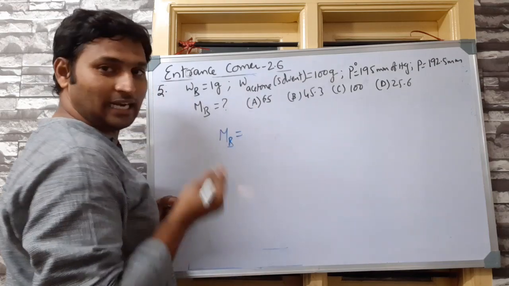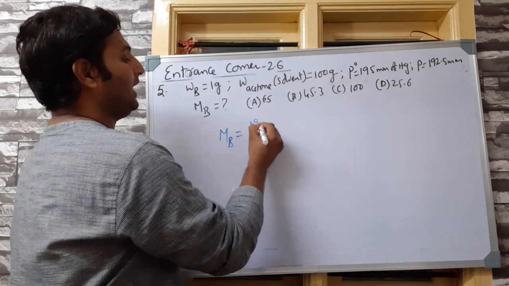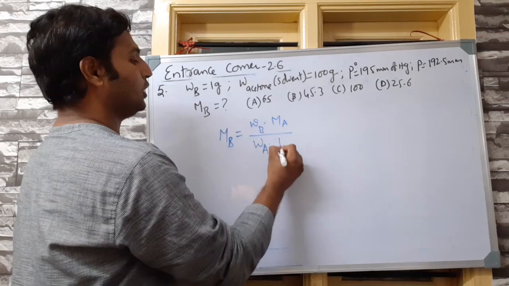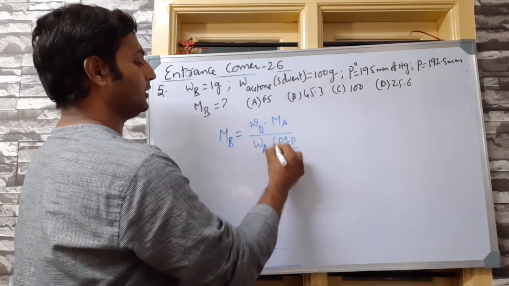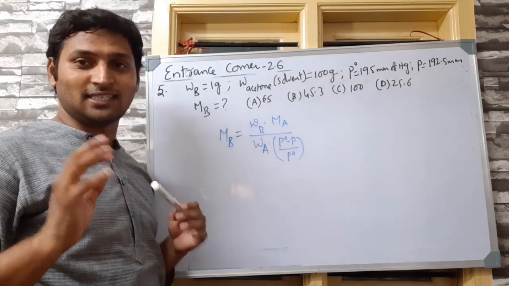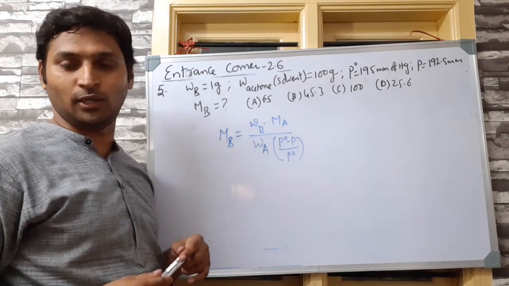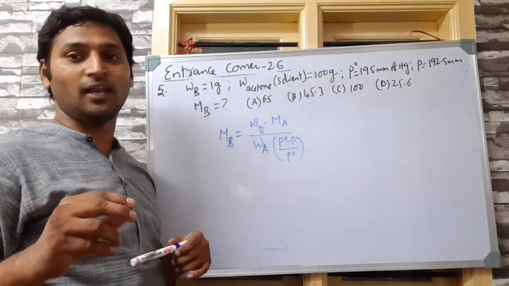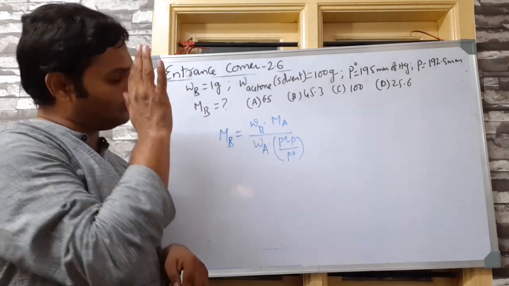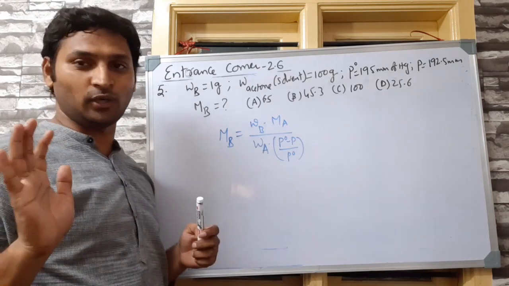So as you remember, molar mass of solute is related to relative lowering of vapor pressure as weight of solute into molar mass of solvent divided by weight of solvent into P naught minus P by P naught. Now, when it comes to your board exams, I have seen instances when we got the scanned copy of the script for revaluation. I have seen instances where children who have done in more than one steps were not given marks. That's why first write the formula and then substitute in it and get your answer, get your 3 marks.